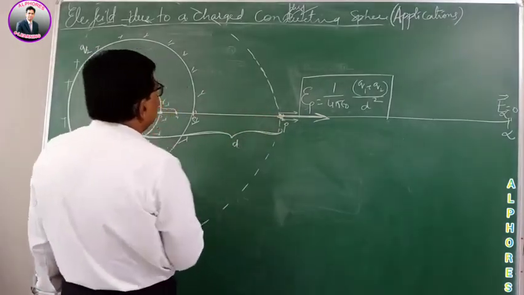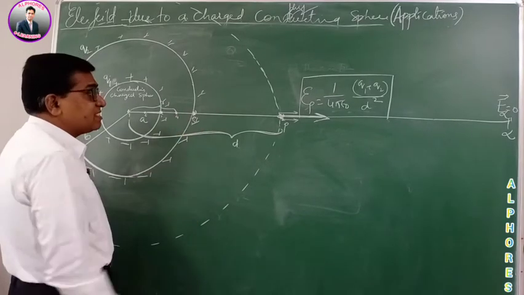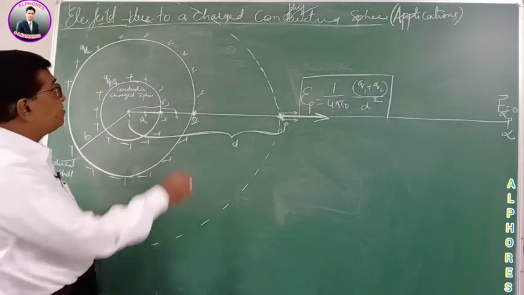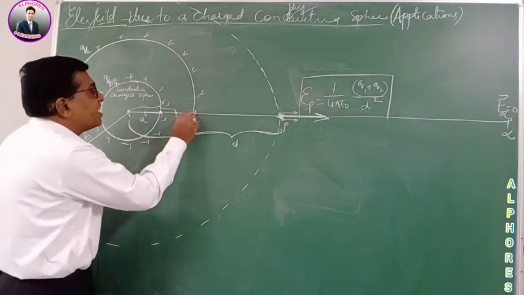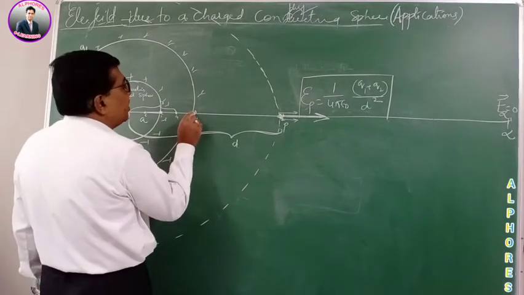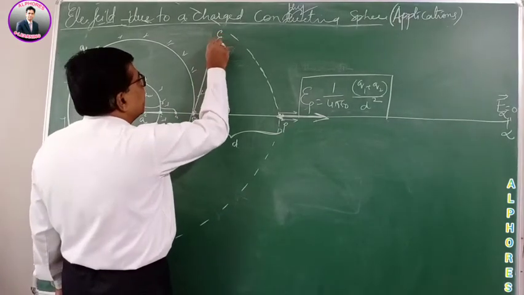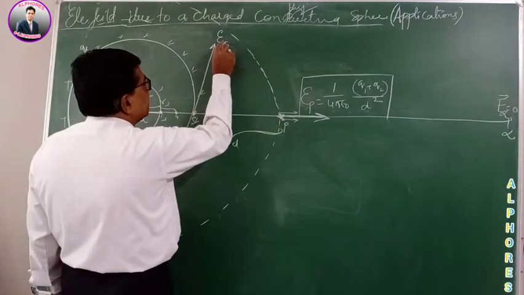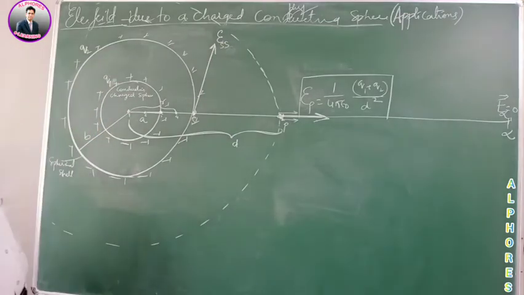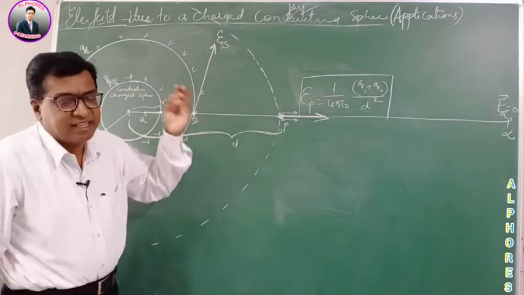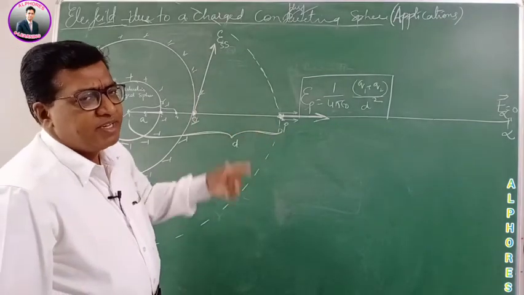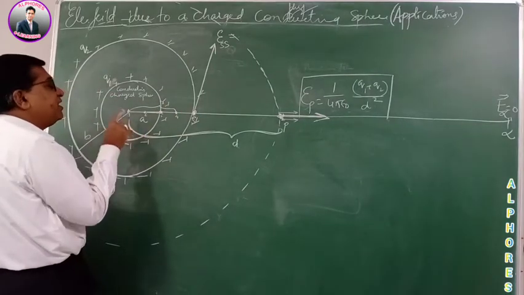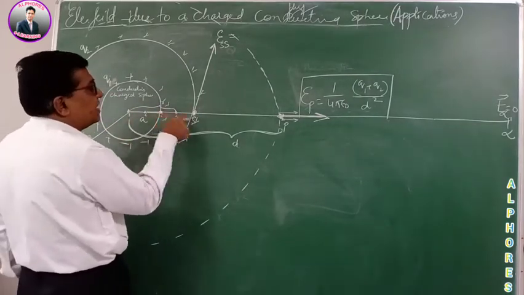Now coming to the second point, what is the electric field at the point on the surface of the spherical shell? Here he is asking the third point. What would be the electric field at this point? So the electric field on the surface of the spherical shell. Again, you can do it by two methods, either applying Gauss law or by considering both the fields and adding them. So again, at this point you have to take the field due to the spherical shell and the field due to the conducting sphere.